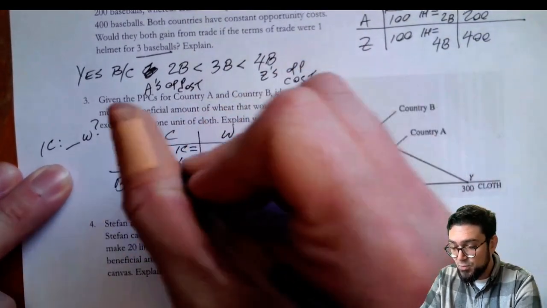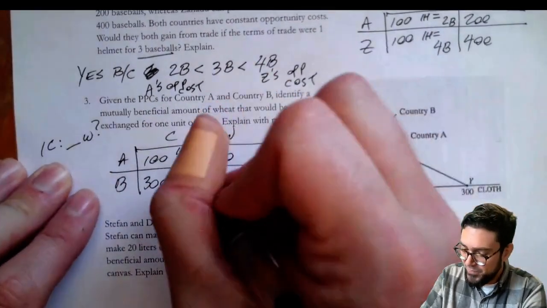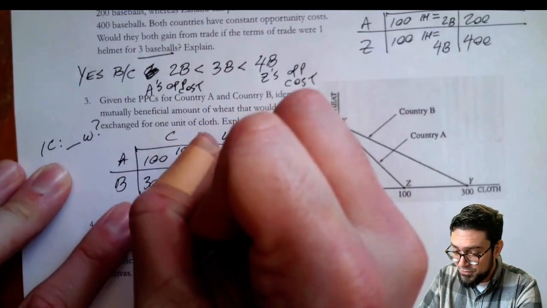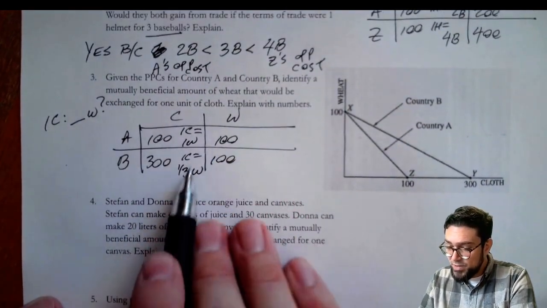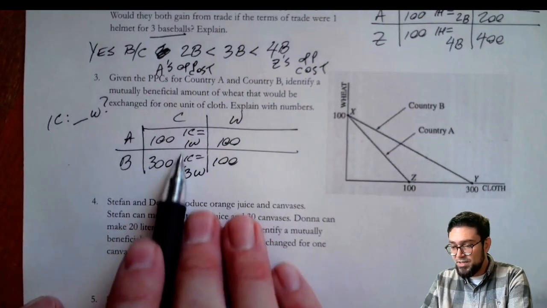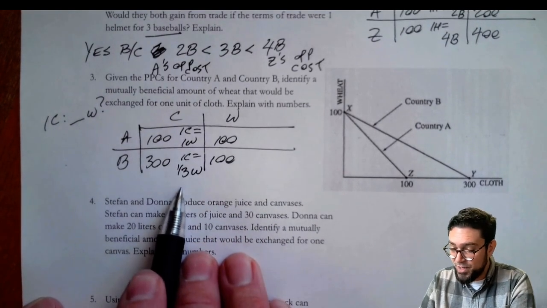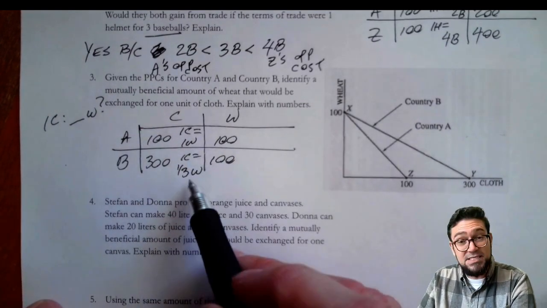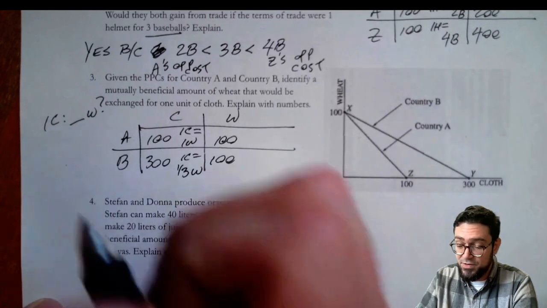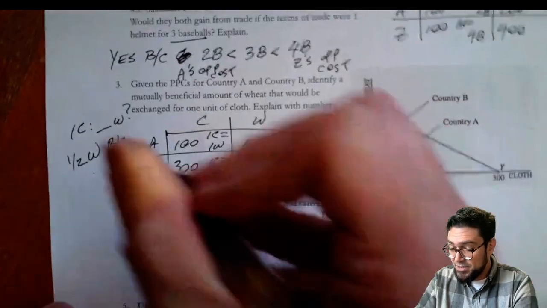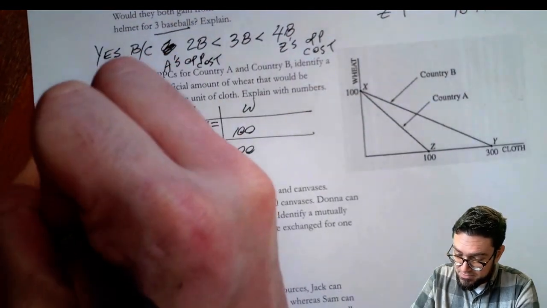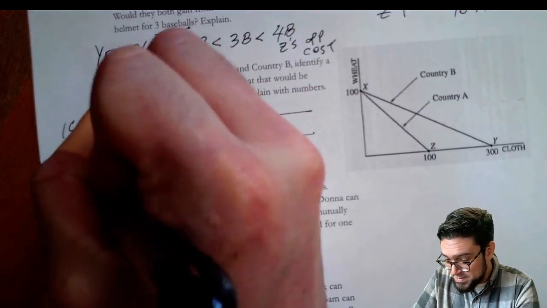So we know that this is a 1-to-1 because 100 over 100, right? But 1 cloth here, 100 over 300, is 1/3 of a wheat. Now, it's got to be in between, right? How much wheat would be in between that? Well, some number in between. We got to identify a number. We could say half of a wheat, right? That would work. So let's say 1/2 wheat because, and then you can say essentially 1/3 wheat is less than